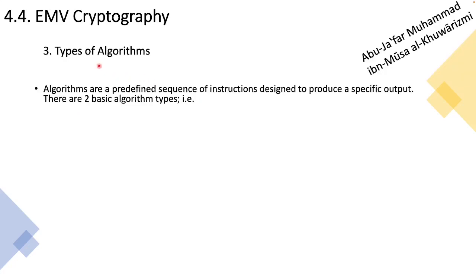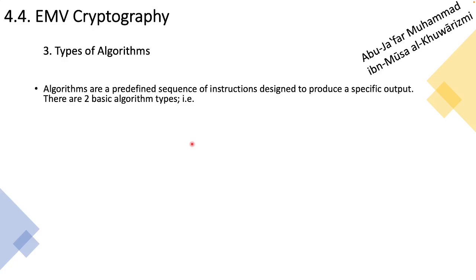In case you're wondering, where did the term algorithm come from? If you look at the top right-hand corner of my screen, you'll see a name, Abu Ja'far Muhammad ibn Musa al-Khwarizmi. Yeah, please feel free to Google him. The term algorithm actually is derived from his family name. Okay. Algorithms are predefined sequences of instructions which are designed to produce a specific output, and there are two basic